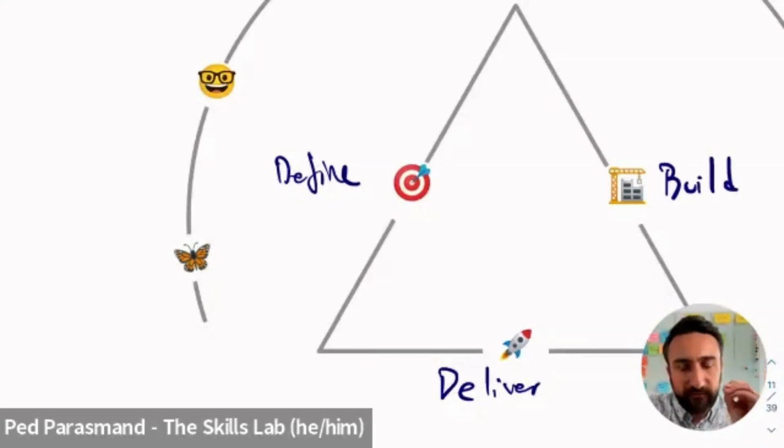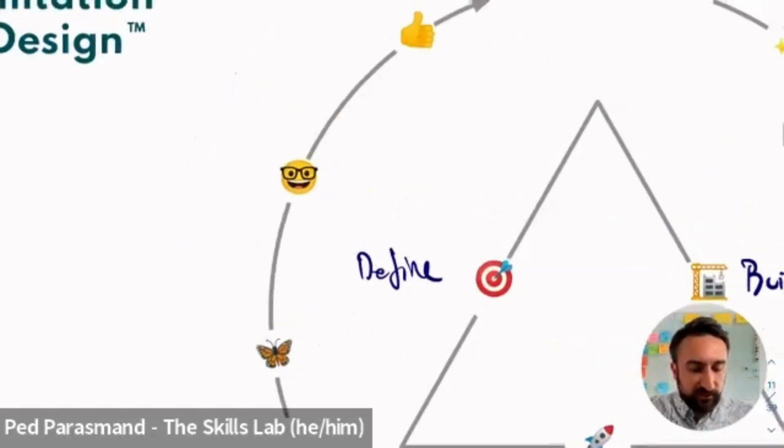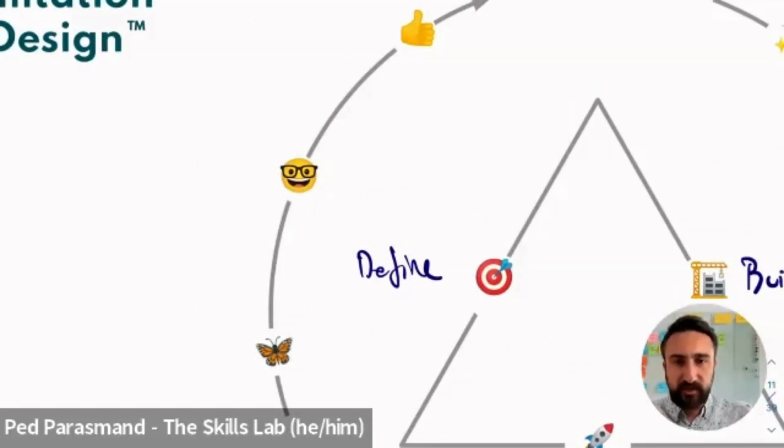So, like I said, I'm going to spend a little bit of time on define, because this is one bit which I find a lot of people skip over. And if you get this right, so much of the rest happens easier. Defining your workshop or training's problem is all about being really clear on what your workshop or training seeks to achieve and what the tangible benefits are for the people coming to your session.